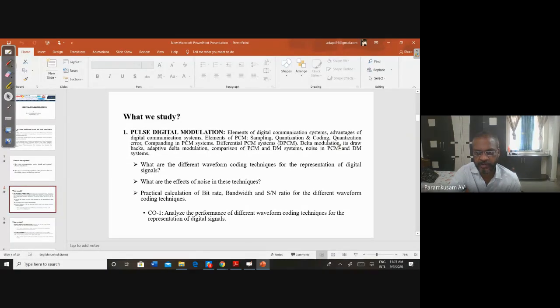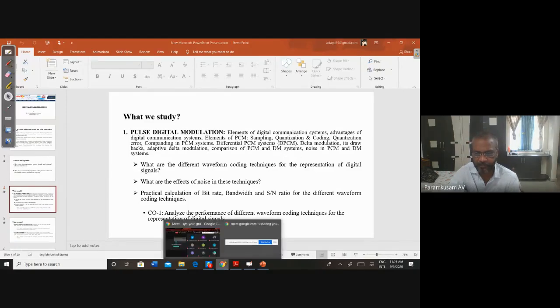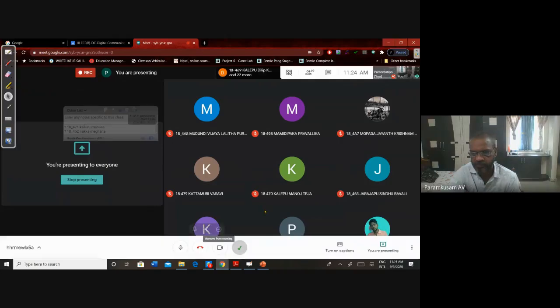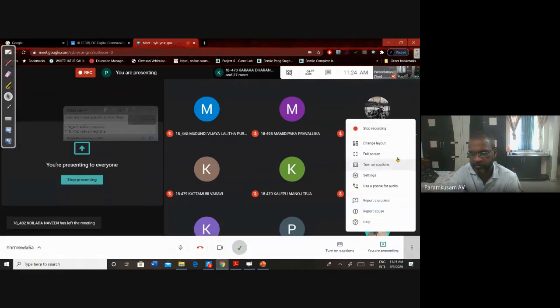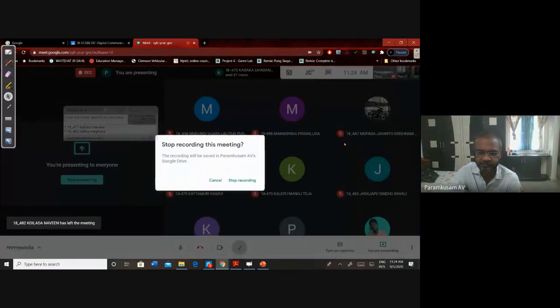After differential PCM, we have delta modulation and its drawbacks, and adaptive delta modulation. Delta modulation and its drawbacks. What are the drawbacks? Slope overload error or granular noise. Finally, we have the topic adaptive delta modulation, and the comparison of PCM and DM, and noise in PCM and DM systems. Good. So these topics will be completed in this class. Next class, complete